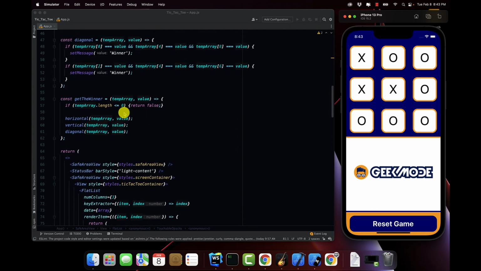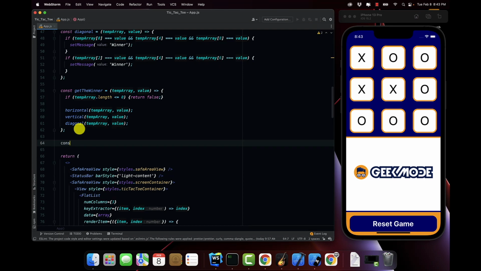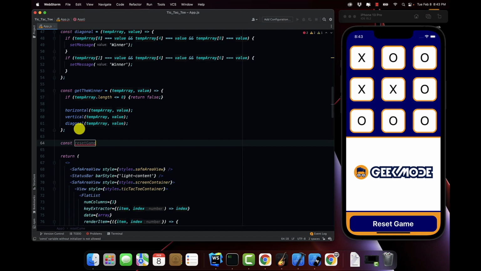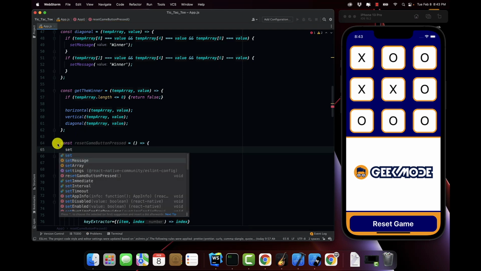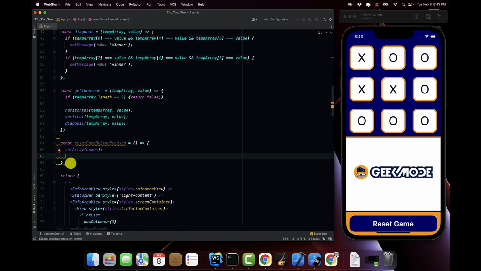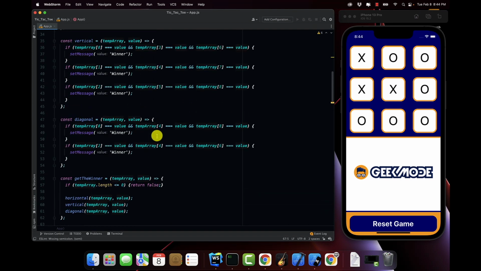So underneath our get the winner, we're going to create another function called reset game button pressed. Call our set array function and pass in our boxes, which is the default value, and also call our set message function, whose default value was an empty string, and that's it. So if I take a look,